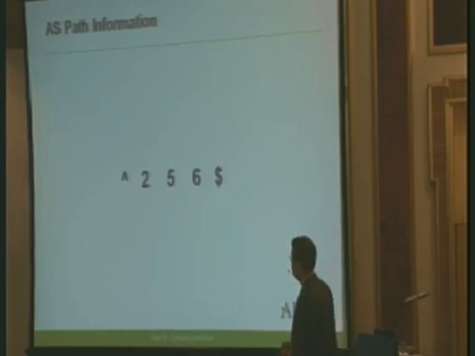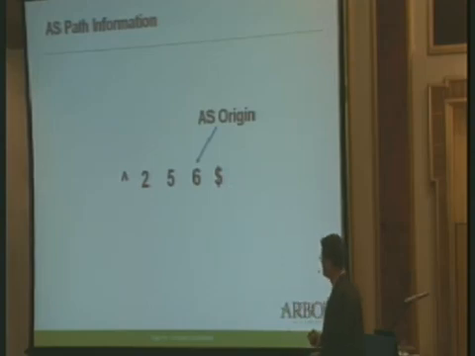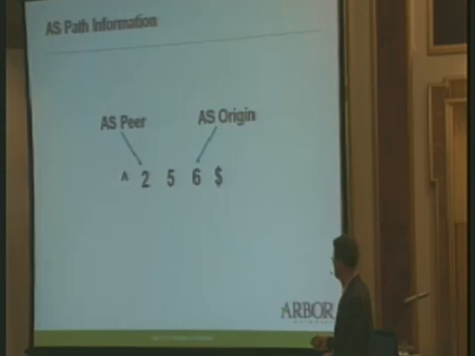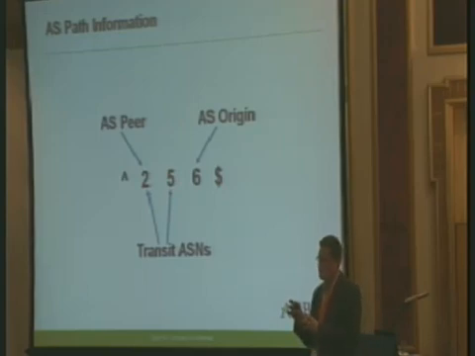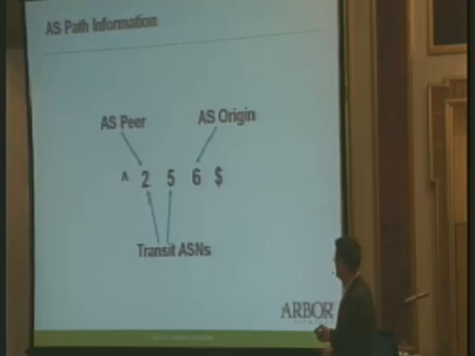So just a quick recap. If we look at an AS path, for instance, we have the AS origin at the end of the path. We have a peer upstream, and then we have transit ASNs between the origin and the peer. Now, these are all different angles at which you can look at your traffic flow across the network. For some reasons, you want to look at origin ASs, other reasons you want to look at transit and